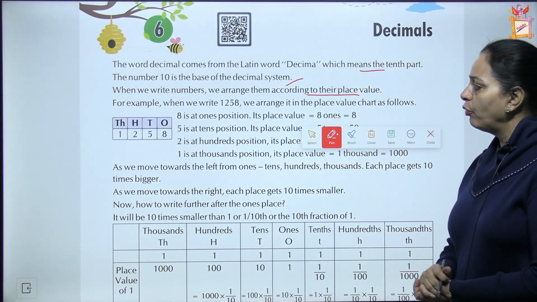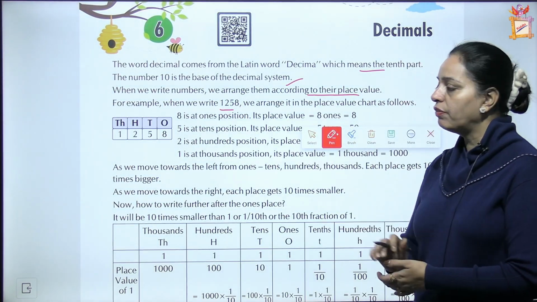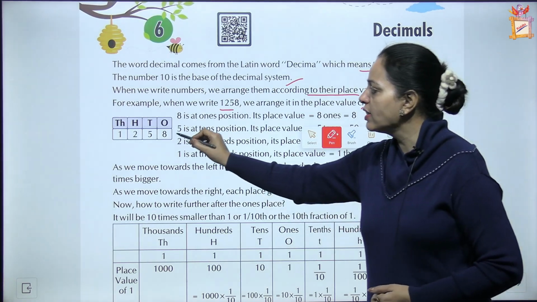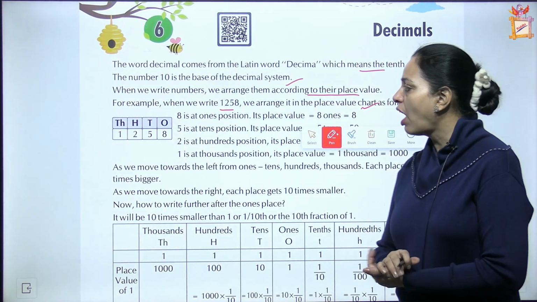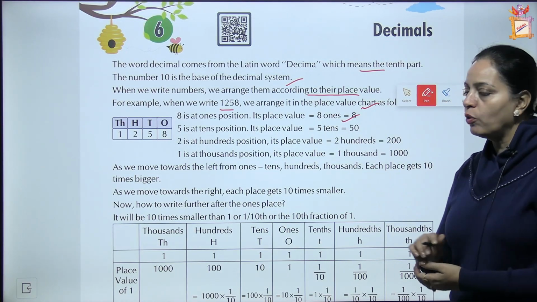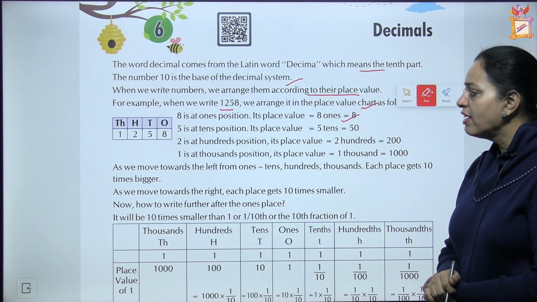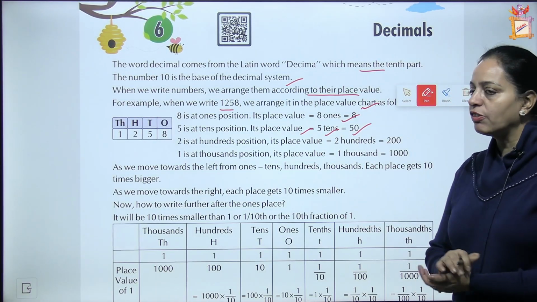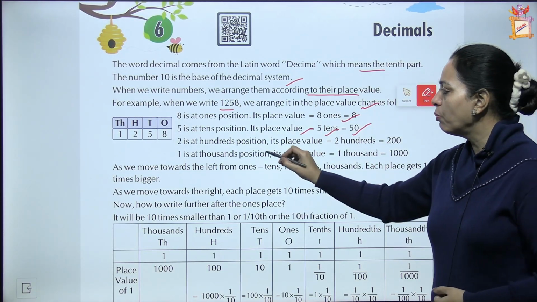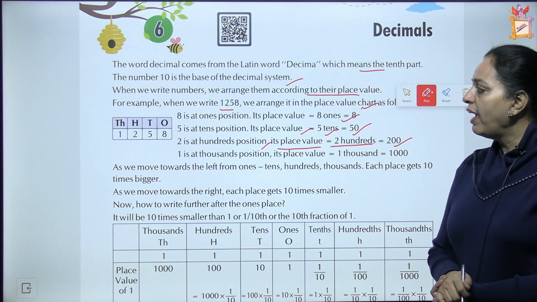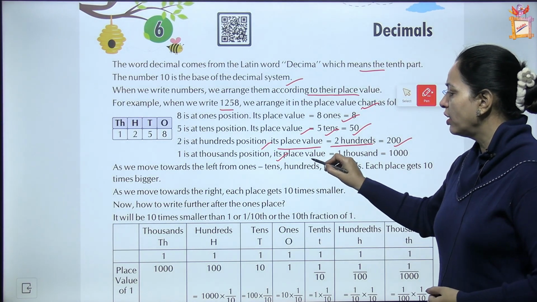For example, when we write 1258, we arrange it in the place value chart as follows: ones, tens, hundreds and thousands. So 8 is at ones position, so its place value is 8 ones, means 8. 5 is at tens position, its value is 5 tens, means 50. 2 is at hundreds position, its place value is 2 hundreds, 200, and 1 is at thousands position, its place value